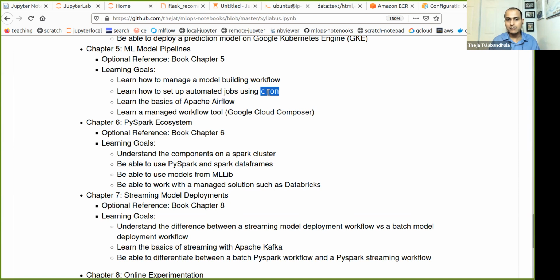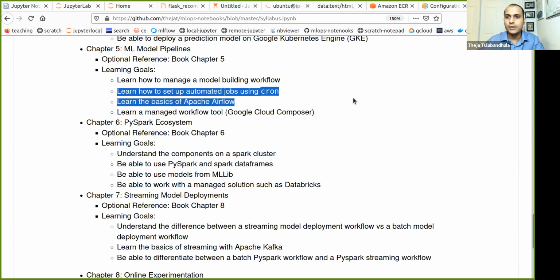Cron is available predominantly on Linux machines, but also on other systems. And then there's also a more sophisticated tool that folks use called Airflow. We just want to get exposed to these two ways of scheduling tasks, the scheduling parts of our machine learning modeling, as well as deployment aspects.